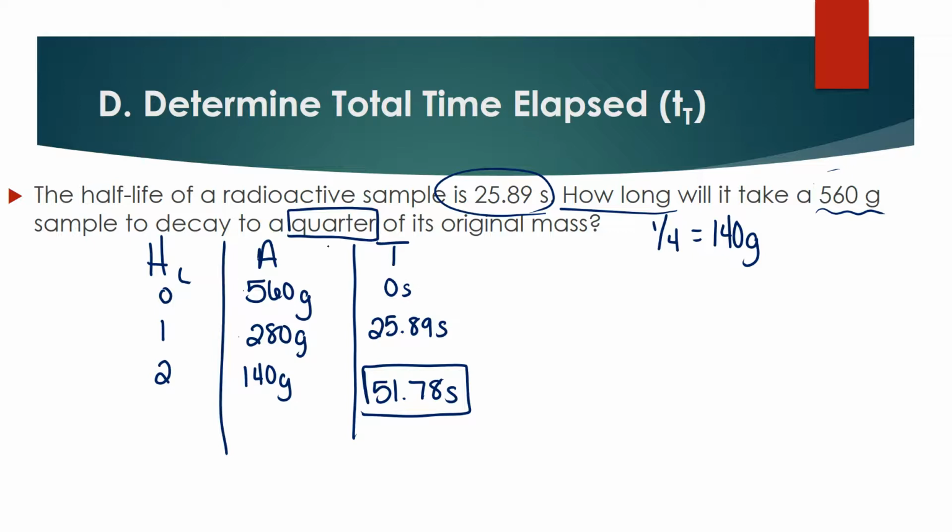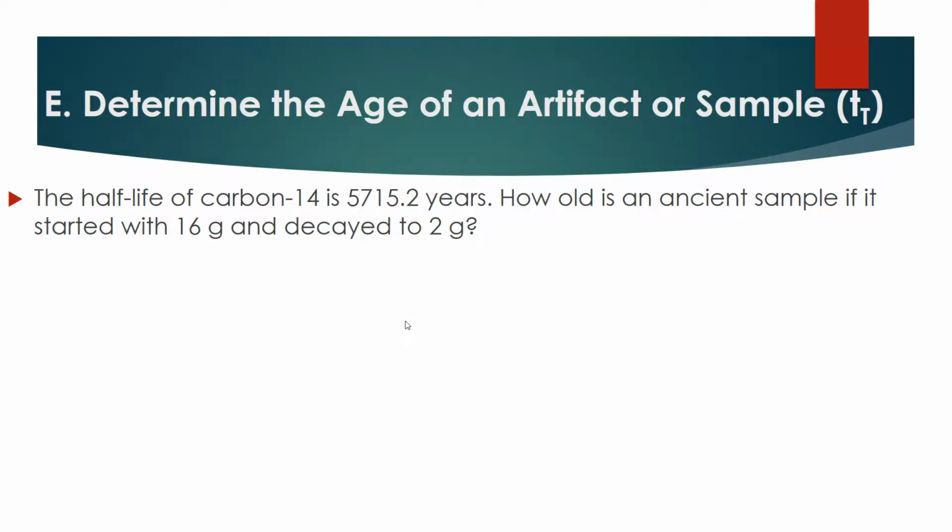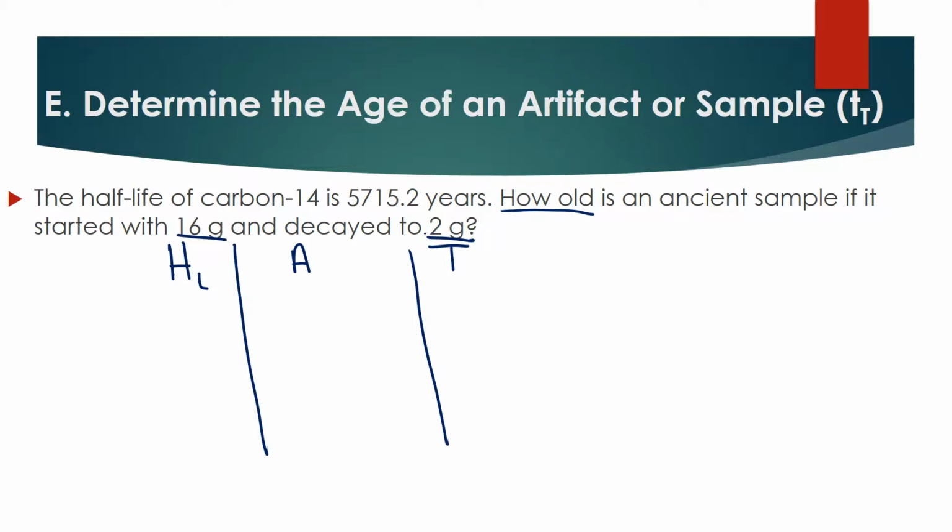Please make sure that you're labeling your amount and time because, again, these are measurements. So please put units on those numbers. The next style I have is figuring out how old an artifact or sample is. And so we're still using that HAT table, where again, H stands for half-life, A stands for amount, and T stands for time. So it tells us the half-life of carbon-14 is 5,115.2 years. How old is an ancient sample if it started with 16 grams and decayed to 2